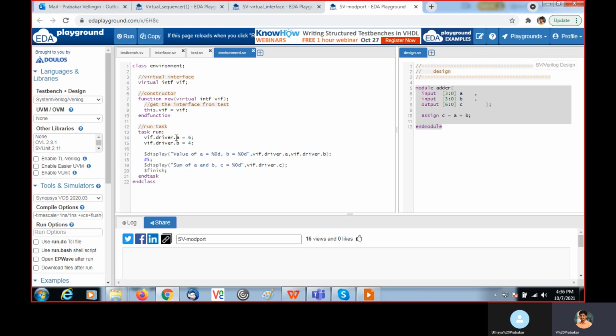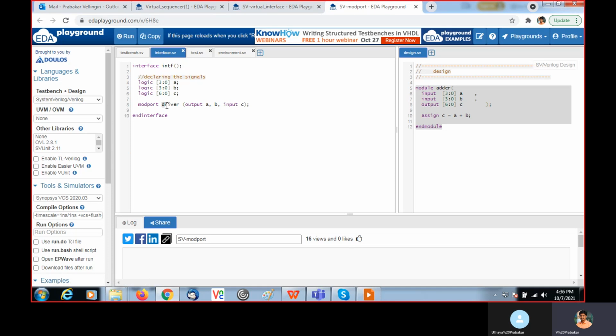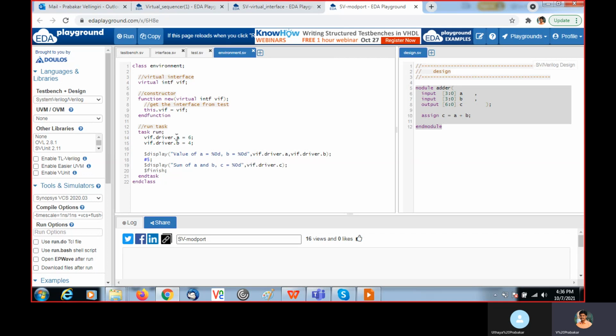For example, if I want to assign a value to A, which is present inside the interface handle VIF, okay, inside VIF, I have driver, which is this name, then the particular signal name A. Likewise, we need to access. C also, I'm accessing like this: the VIF interface handle, that modport name, dot signal.